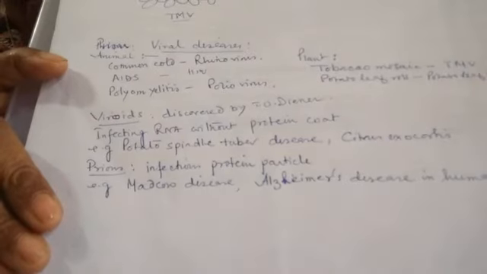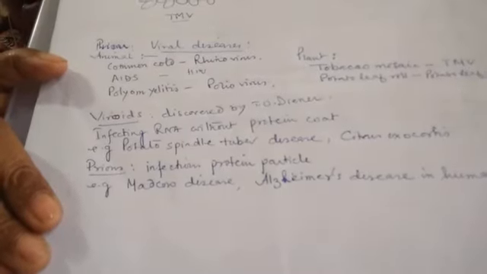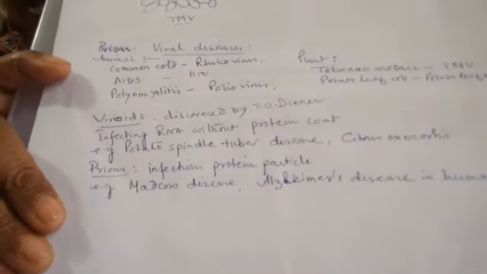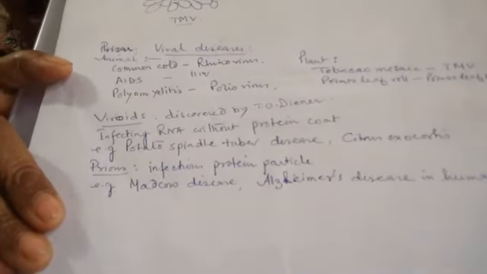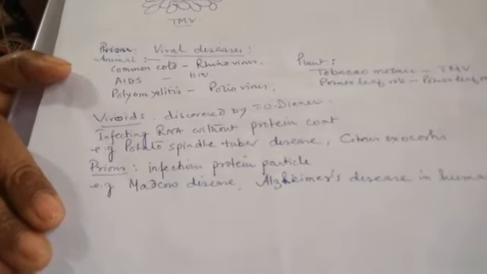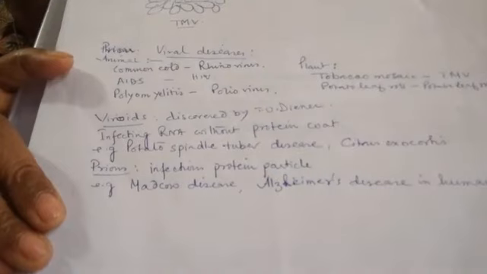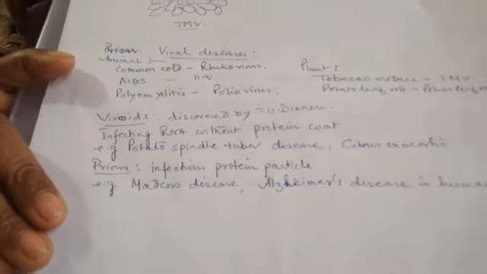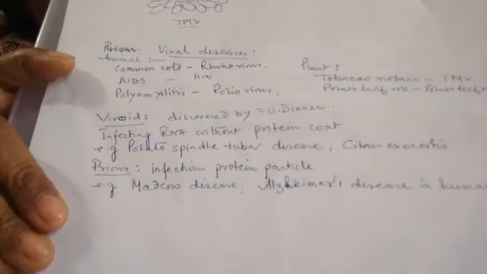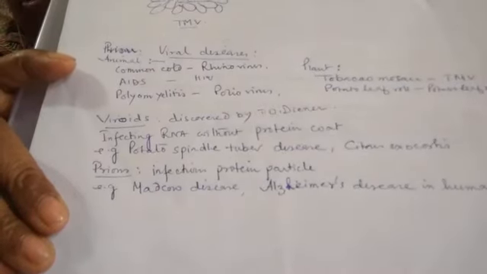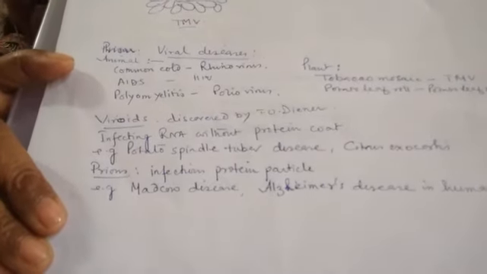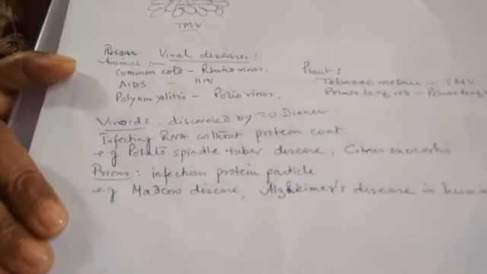Now, this was first discovered by Alper Gutierrez, and many diseases like mad cow disease, which is called Jacobson disease also, are caused due to prions. Alzheimer disease in humans, you all have heard of Alzheimer disease in humans, clear? That is also caused due to prions.